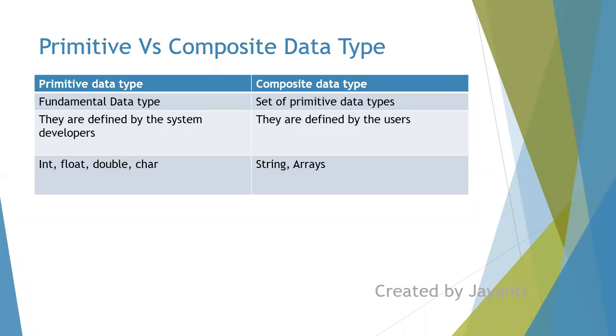So what are the composite data types given by Java? It is Strings. Also there is a class Array that we don't have in our syllabus, but we are going to create an array. So array is what? A collection of data having a similar data type. That is called an array, so that is also a composite data type. Composite data type means collection. So arrays we can create, and that is a composite data type created by the user.